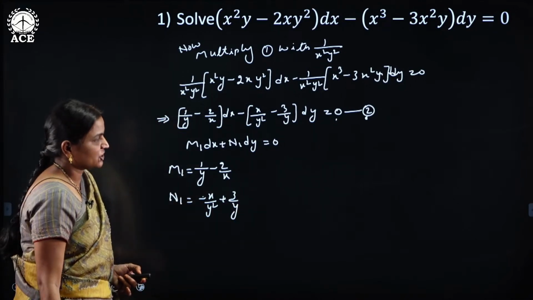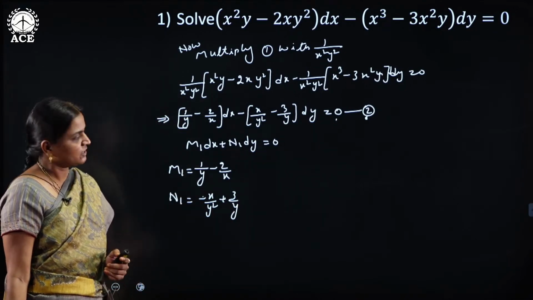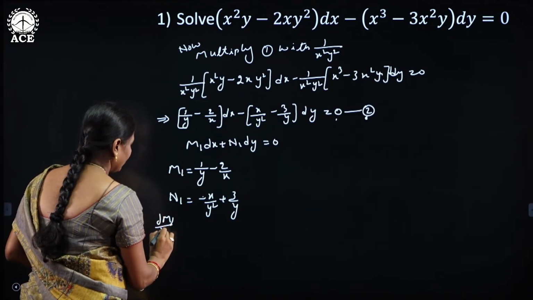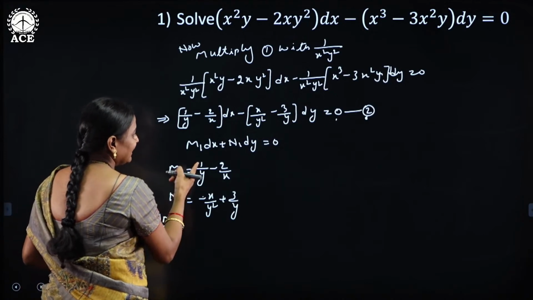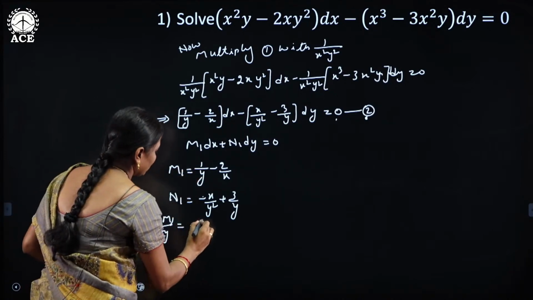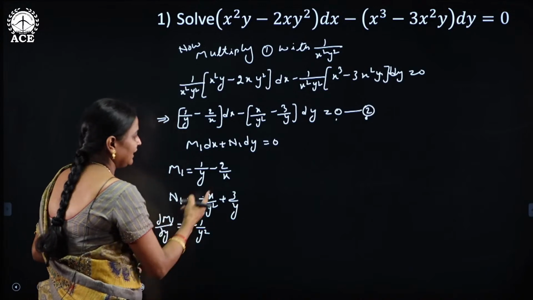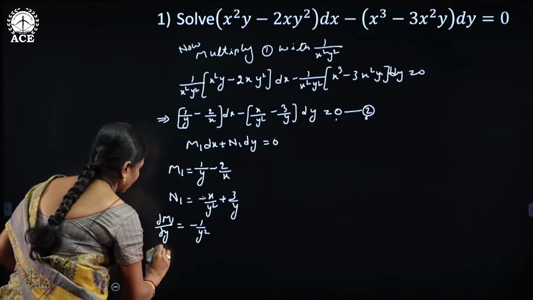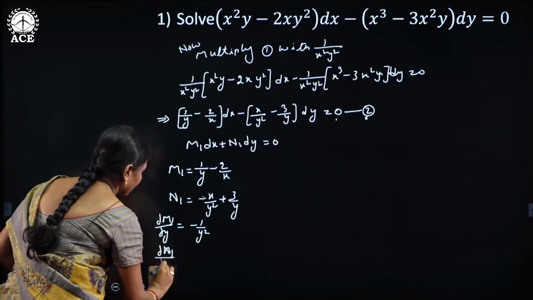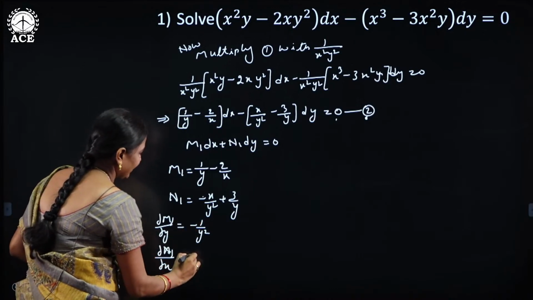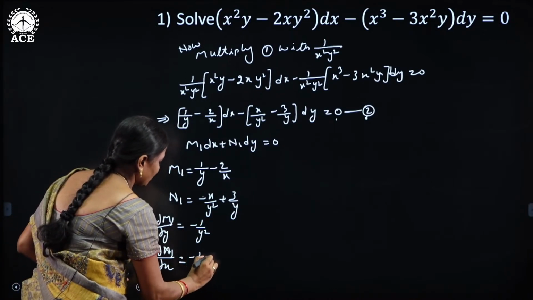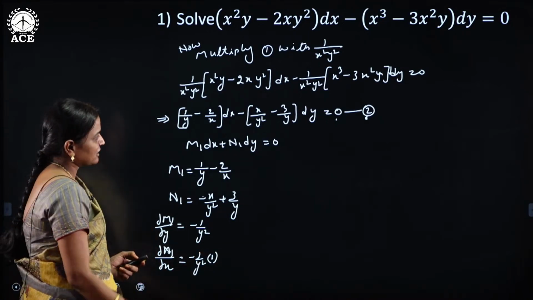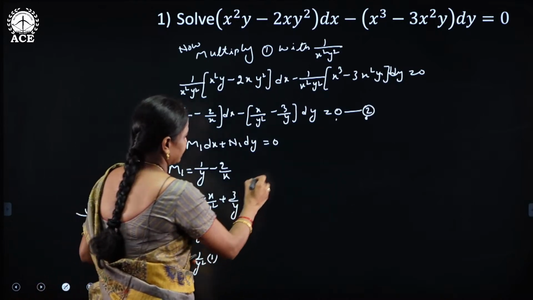Is that new differential equation exact or not? To check that condition, find dou M1 by dou y. Differentiation of 1 by y is equal to minus 1 by y square. Here there is no y term in the second part, it is a constant, and differentiation of a constant is 0. And dou N1 by dou x: minus 1 by y square is the coefficient and differentiation of x is 1, which is also minus 1 by y square. So therefore equation 2 is